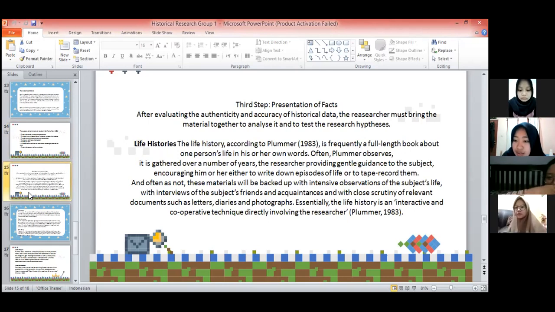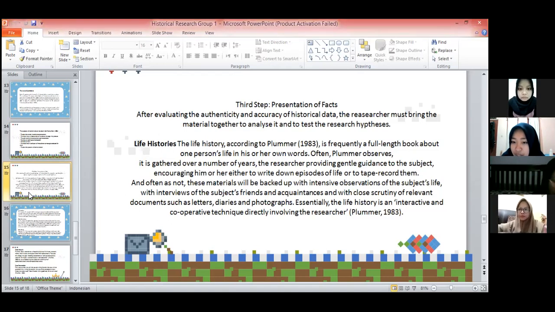Okay, the next slide is the third step, presentation of facts. After evaluating the authenticity and accuracy of historical data, the researcher must bring the material together to analyze it and to test the research hypothesis. Life history. The life history, according to Plummer